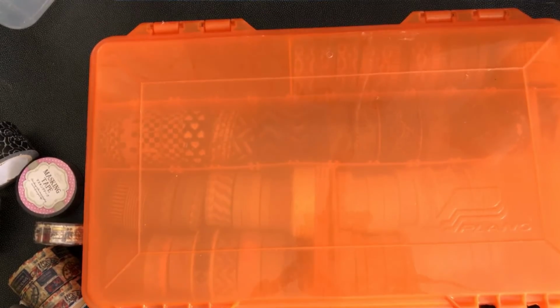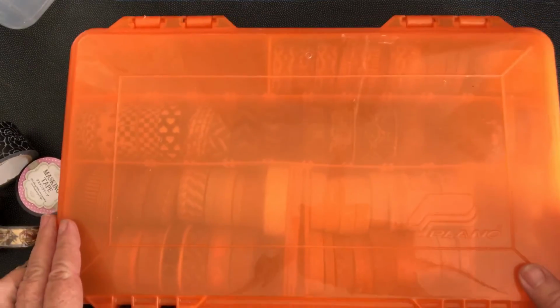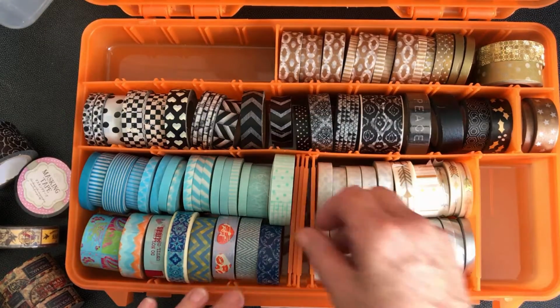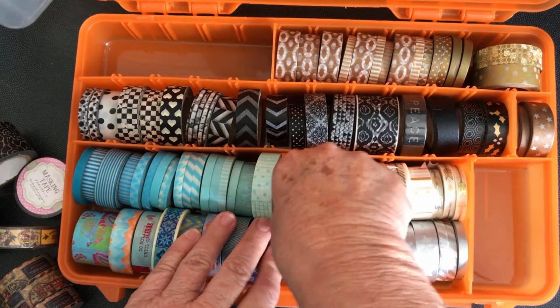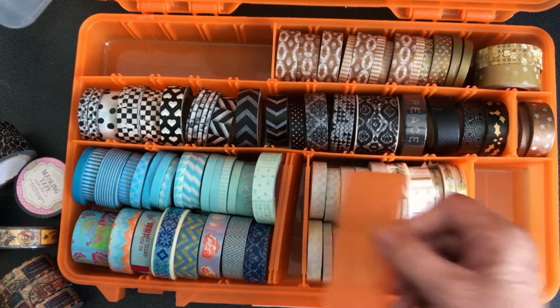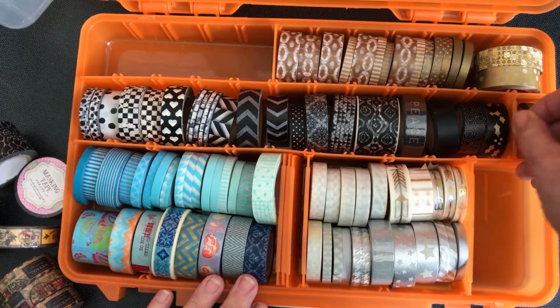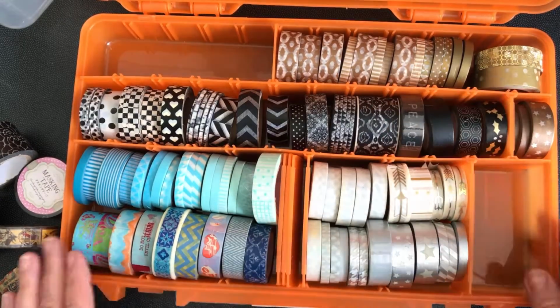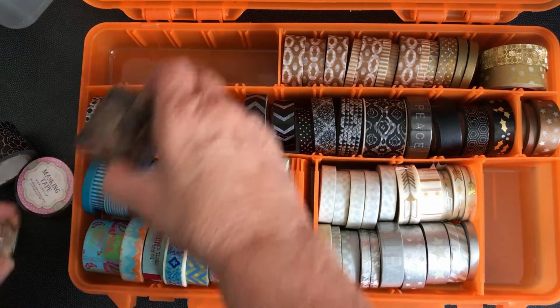So here's my first one, and as you can see it's just an ordinary fishing tackle box, and it has dividers. Now it's got long dividers like that, and it's got little short ones like this that slide in and out. So now I just